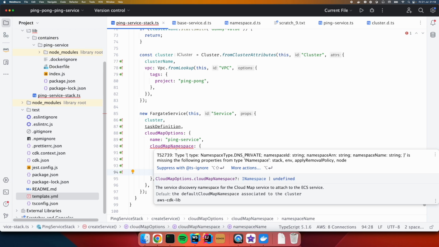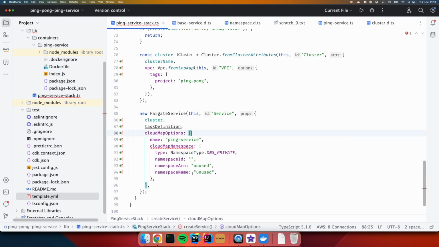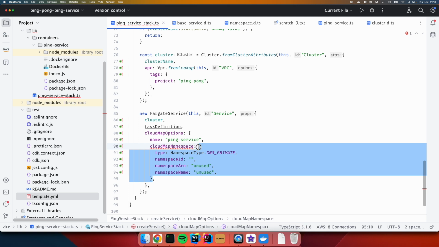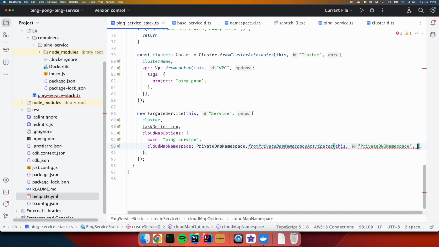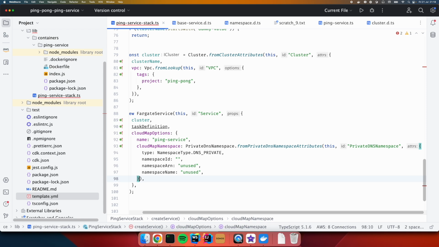And what else are we missing from here? Sorry, I've put this in as a raw object, whereas we need to use a little class to make this. So let's populate this in. What's the method called? From private DNS attributes. There we go. From private DNS namespace attributes, we'll attach it to the current scope, pop in our name, and then we can have our field with all of those